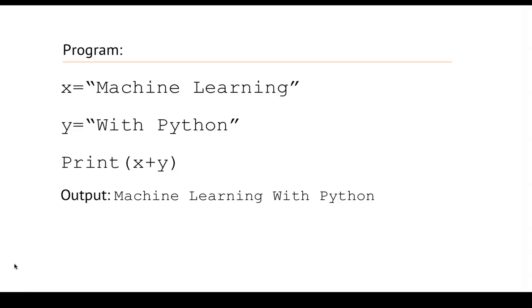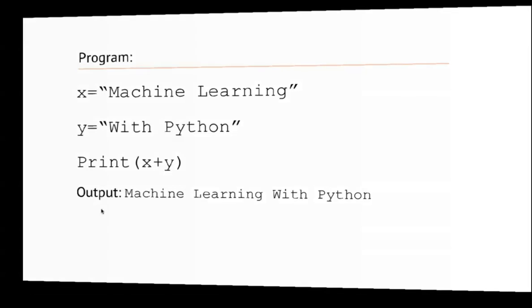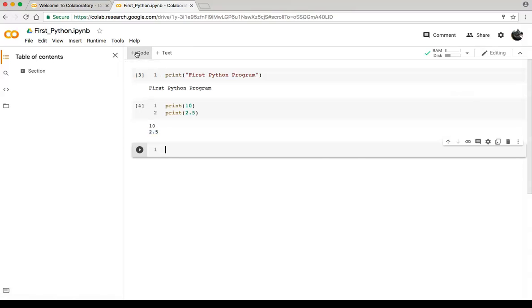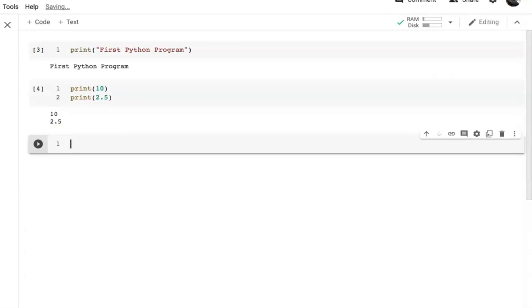Now let's try all these on Google Colab. This is the Google Colab editor. Now I'm going to another code cell. Just click here and this is your new code cell. I'm taking a variable x and assigning value 7.